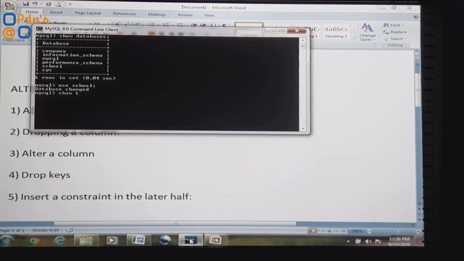Show tables. These databases are already created, so it will be easier for us to learn all these alter table command options using the built-in databases and relations.